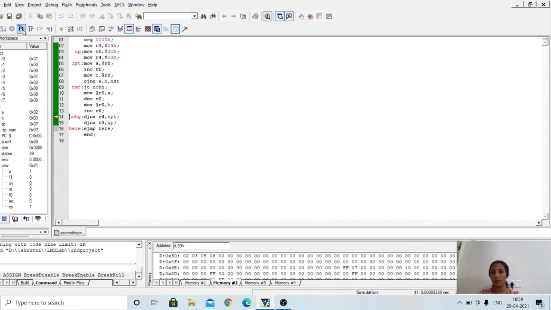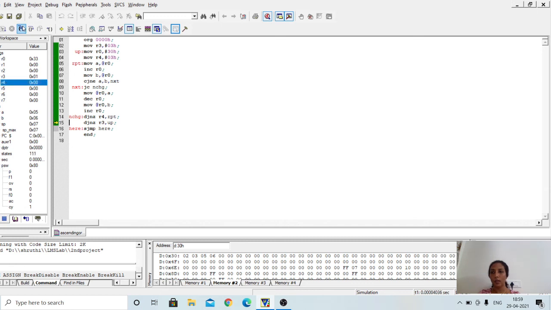For 2 and 3, it decrements the R4 register content because 2 and 3 are compared. Next you have to compare 3 and 5. So 3 and 5 are compared, and again since it is already in ascending order, no change is required.